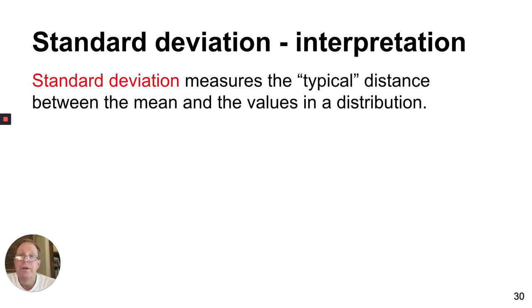How do you interpret standard deviation? Put a star on this. This will come back to you over and over again this year. Standard deviation measures the typical distance between the mean and the values in a distribution. It is the typical distance. Some people might say it is the average distance, but I think the more common word is typical distance between the mean and the values